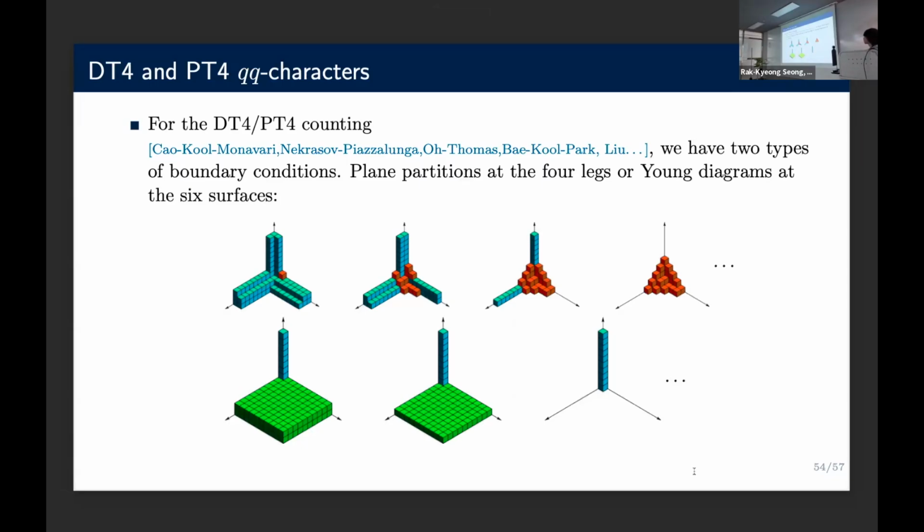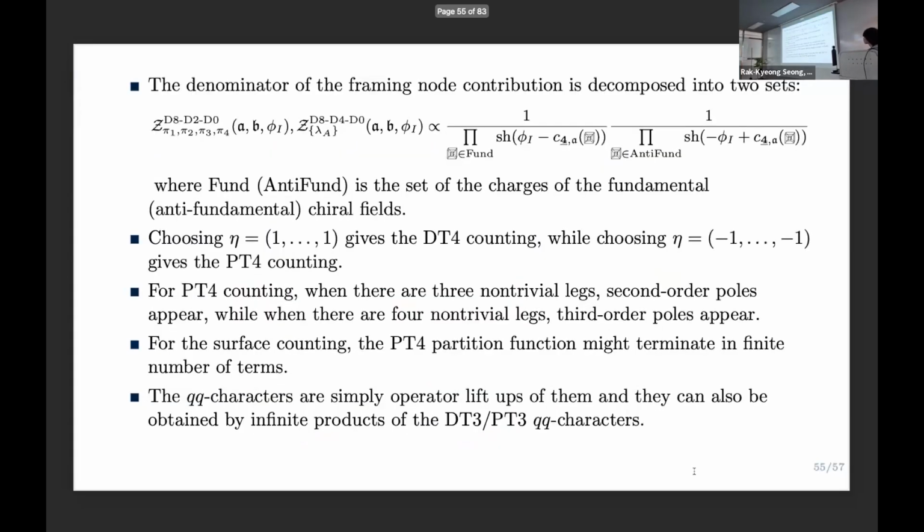But for this case, you'll have plane partitions in the four legs. But you can also insert surfaces, Young diagrams, into the surface of this fourfold case. And the counting, the JK residue formalism, will be similar. You can write down the integrand, you can study, and you can choose the contour integral properly so that you can reproduce both the DT4 and